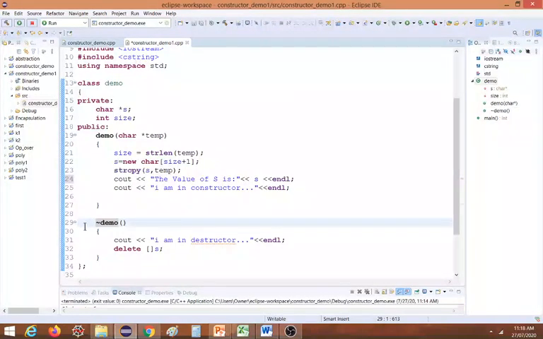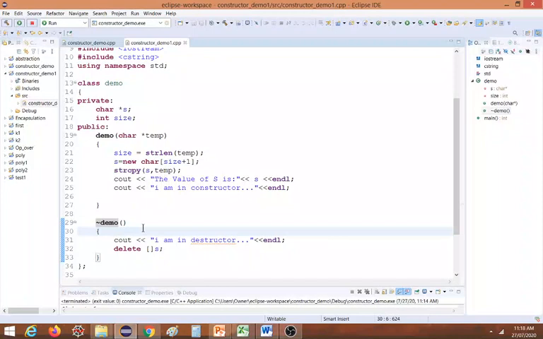When we are not allocating with operators like new, the compiler automatically deallocates the memory once that object is out of scope. The constructor is called when we declare the object. The destructor is called when the scope of the object is finished. Scope means the object exits from the block, the function, or the program. At that time this destructor is called.